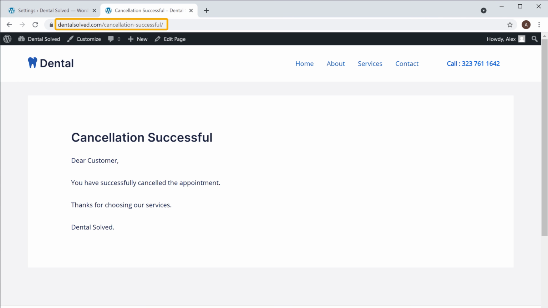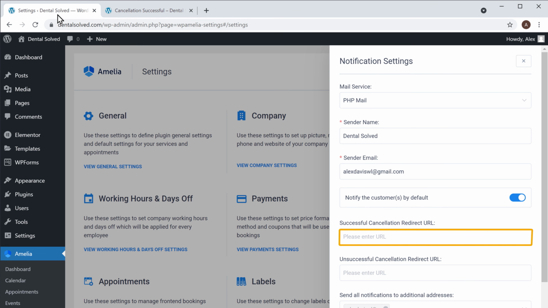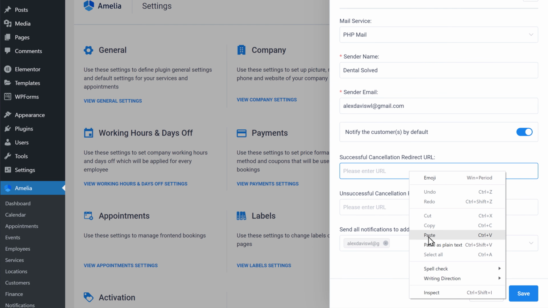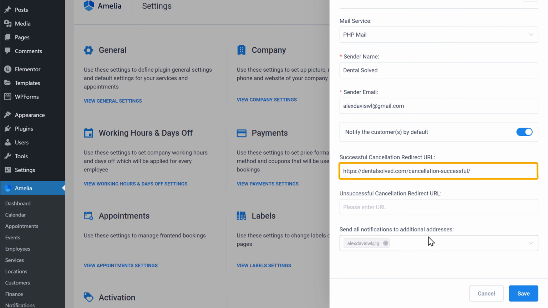Then copy this URL, and paste it here. Once you're done, click Save.